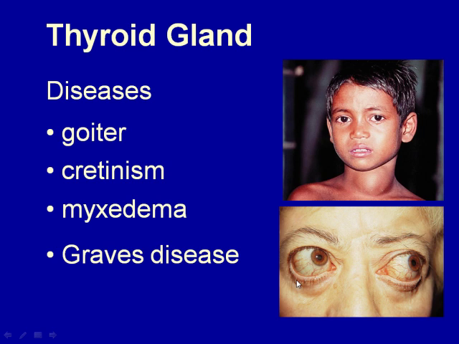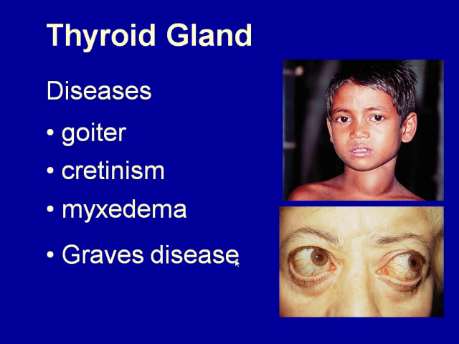This woman is not holding her eyes open. This is what they do when she's relaxed. Her eyeballs are bugging out. In order to treat this, you have to kill off some of the thyroid gland. A lot of times they simply kill off all of it. They use radioactive iodine to do that, and then these people are given thyroid hormones the rest of their lives